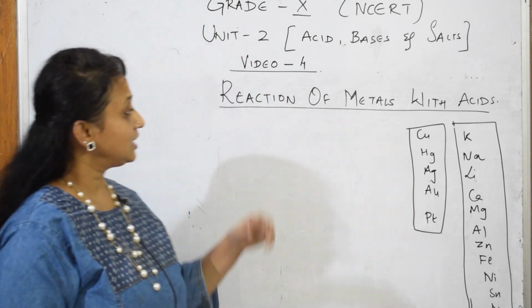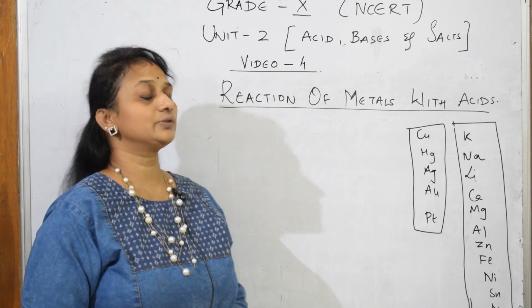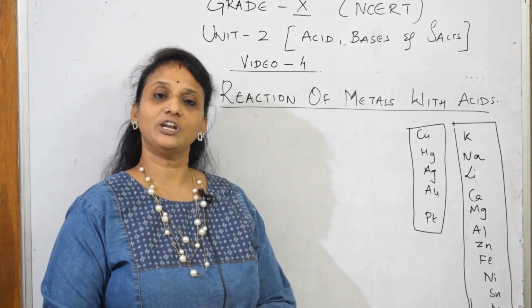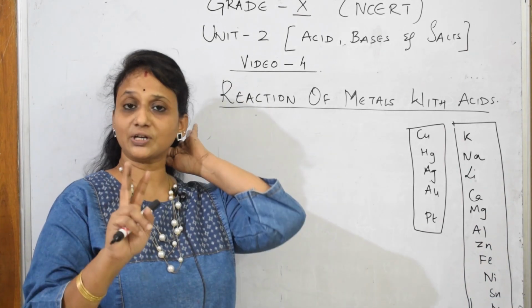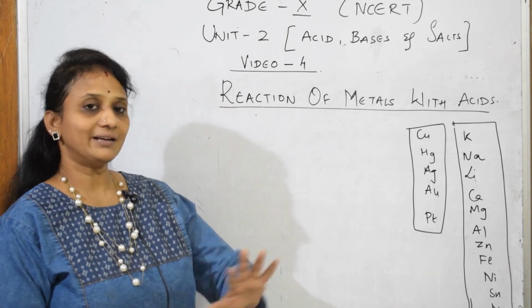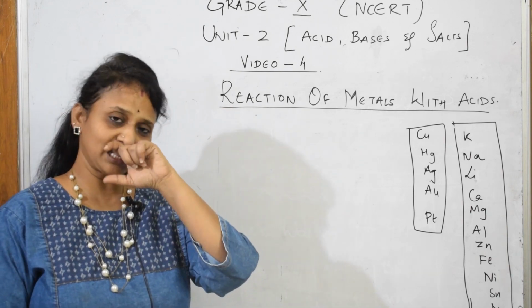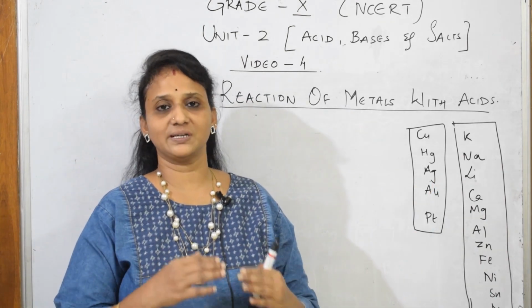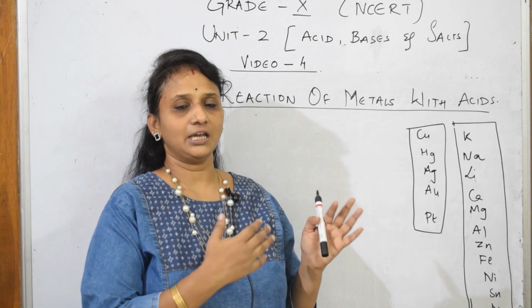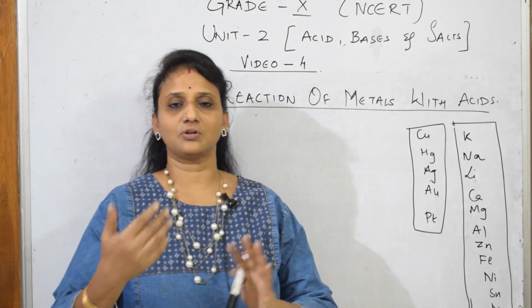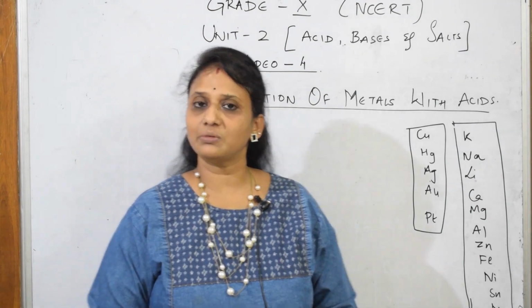Now let's start. Today the topic I'm going to teach you is reactions of metals with acids. Whenever we are learning about metals, we should clearly understand two things. Metals are of two varieties. In your classroom you have roll numbers according to alphabetical order: A comes first, all the B names come second, like that, 1 to 40, 1 to 30.